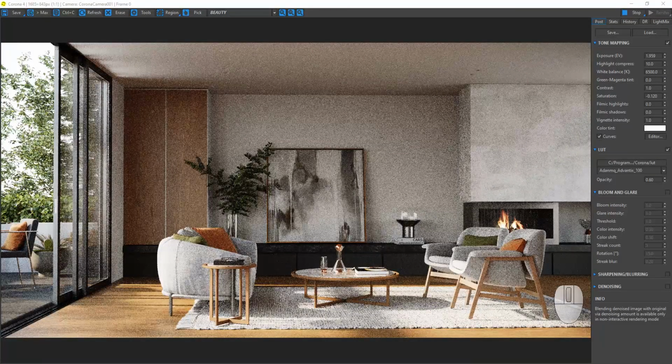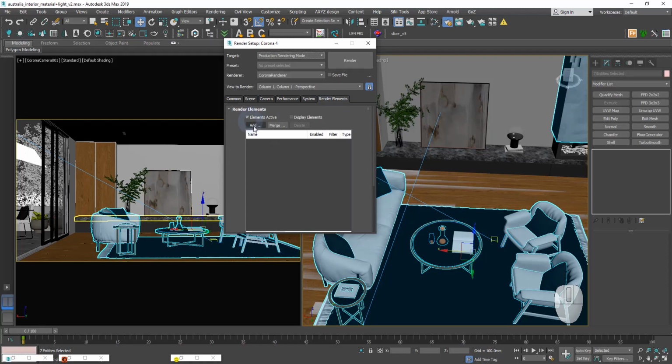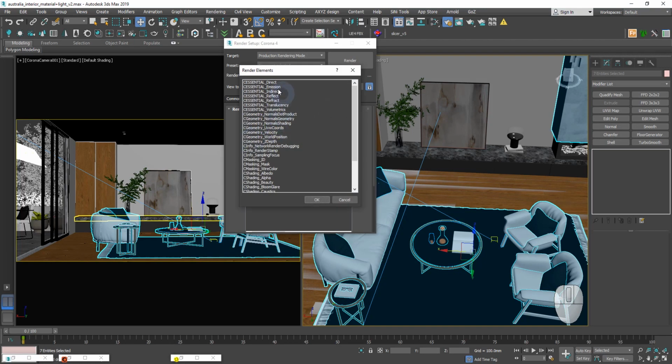And before the final render, we need to assign several render elements. These objects help in post-processing.